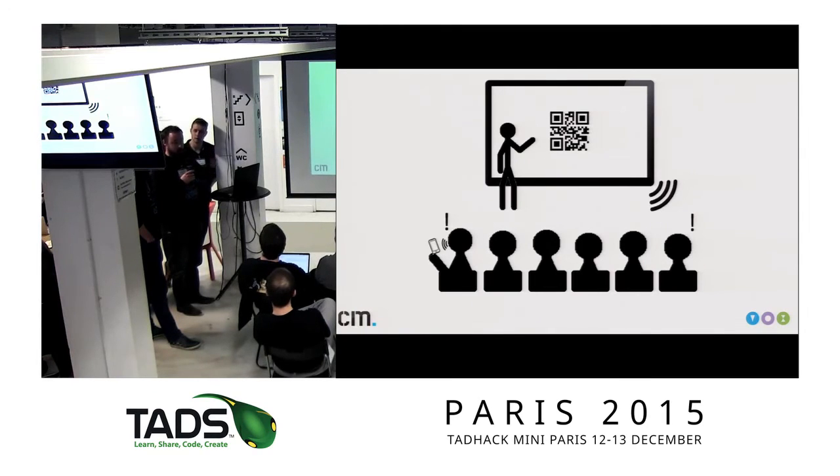scan a QR code with your mobile phone, and that will connect you to the presenter. He gets a list of questions from the people in the audience, or at least keywords of the questions. He can make a selection of anybody he wants to answer the question, and that person just uses his phone to video himself and record his audio, and that audio will be displayed on the screen. So everybody in the conference will be able to hear and see him, so that makes it easier for everybody